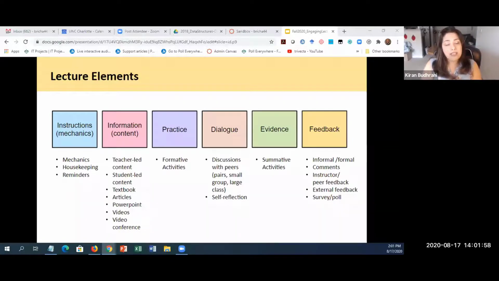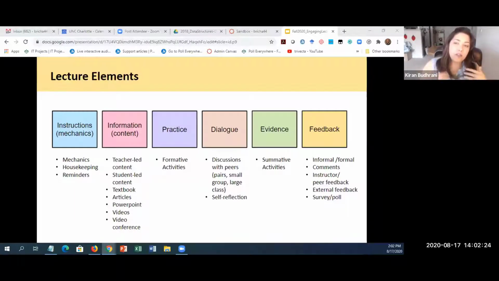Practice would be activities that you do for formative development, dialogue, any form of discussion or reflection. Evidence would be summative activities, which means there's a high stakes assessment to it, or some kind of graded activity. And then feedback. Feedback can come in the form of instructor comments, student feedback, peer feedback, asking students to answer a survey, right?